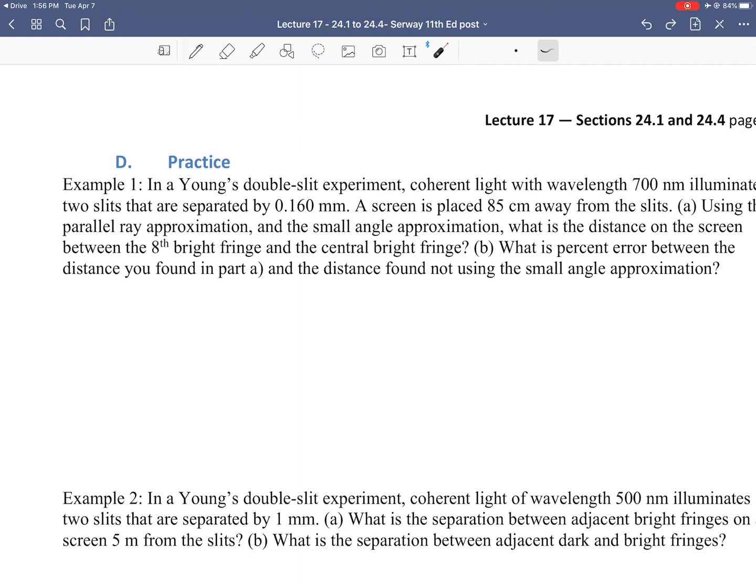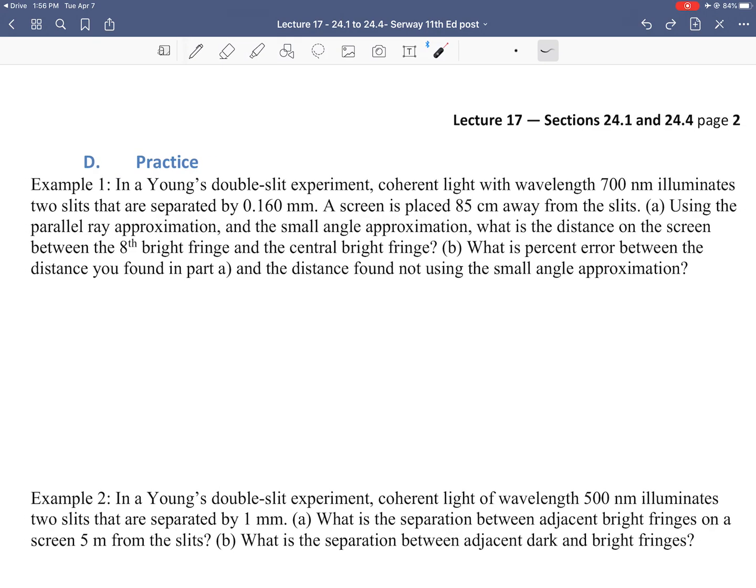All right, so let's take a look at example one, to put it into practice before we move on. In example one, I say in a Young's double-slit experiment, named after the famous original experiment that proved the wave nature of light,